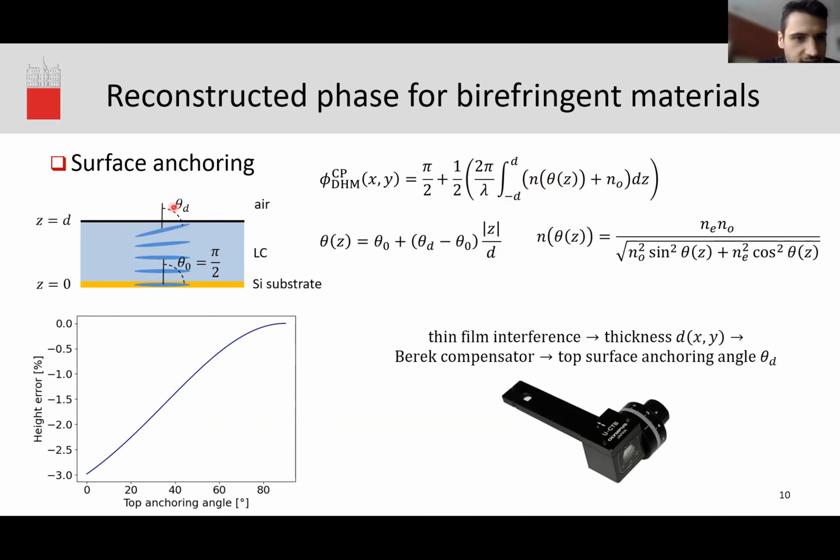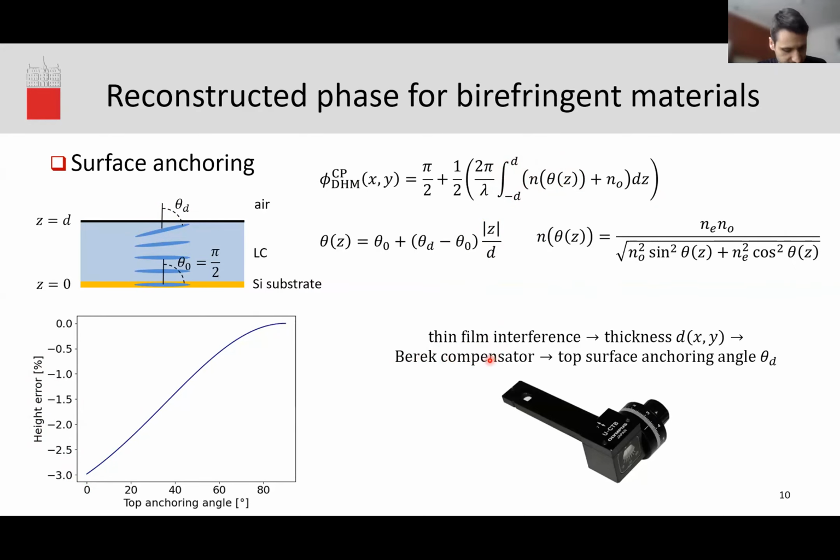And we can see that if the angle here is 0, that means that we have homeotropic anchoring. The maximal error that we make to the thickness or the height is actually only minus 3%. So we make a 3% underestimation of height if we do this approximation. So we can proceed, as a first, crude approximation, with just replacing this term